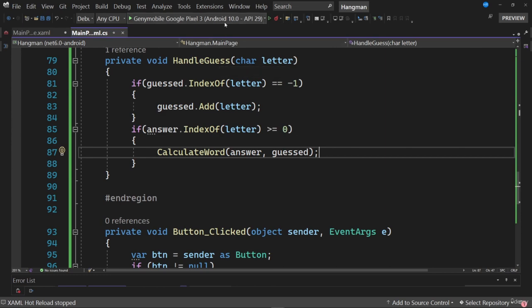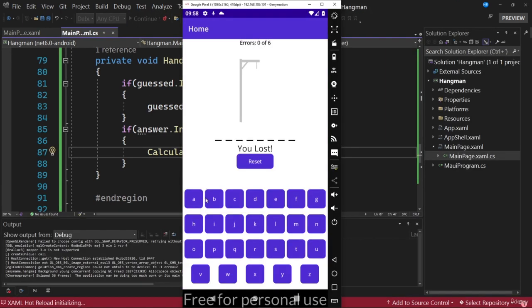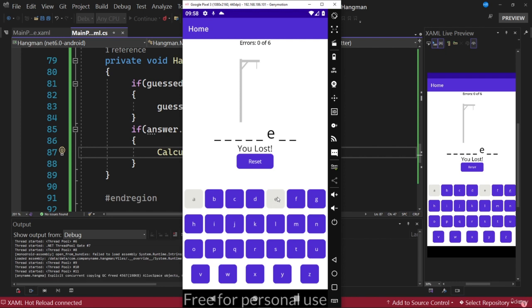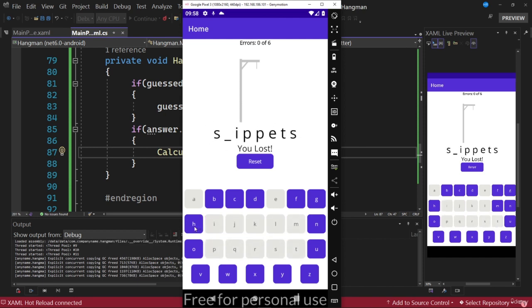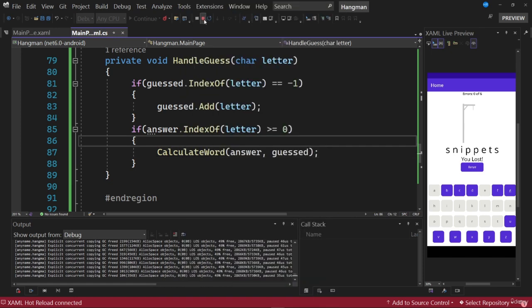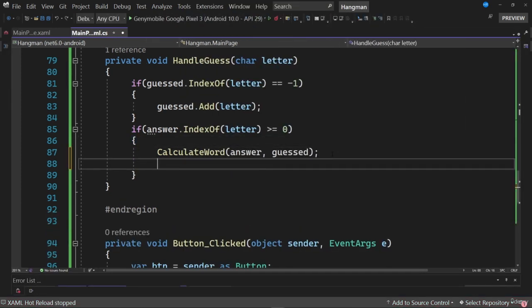Let's proceed to test the code. Let's press some letters, and notice that this time when we press a letter that is part of the guessed word, it is already being displayed in the label control. We can continue pressing more letters, and this is how we are showing which characters have been guessed. By logic, we should think that if we guessed one of the letters, then we should verify if the game has been won, and for it we are going to return to the handleGuess method, and we will invoke a